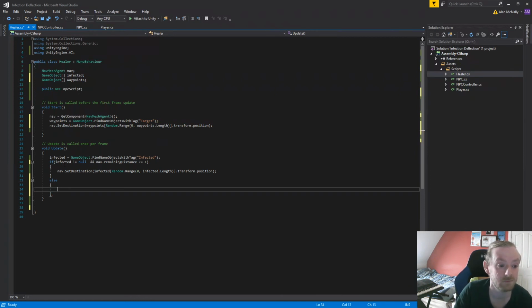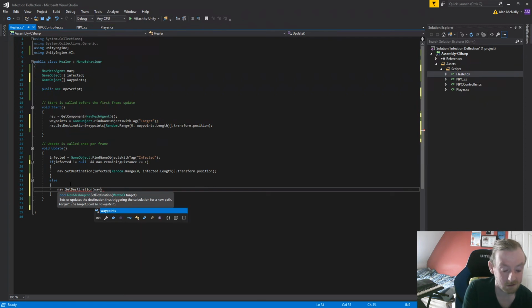So basically, if they're all healed, so if the array is empty, then we'll go back to the waypoint array. nav.SetDestination waypoints array Random.Range